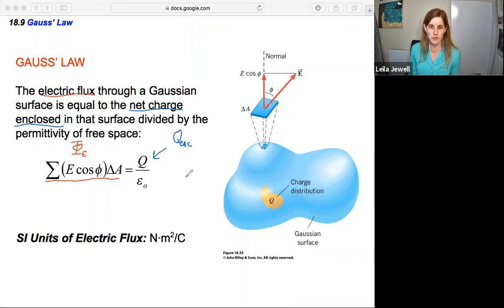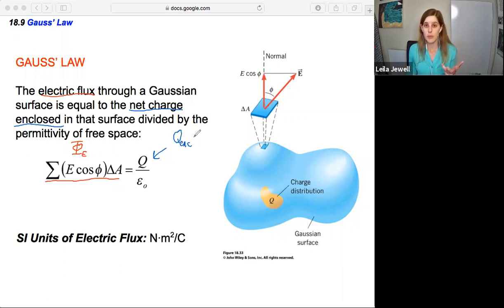What does that mean? Well, in some cases, we can draw our Gaussian surface, because the Gaussian surface is whatever we want to pick. We get to choose it, but there are some that are easier to work with than others. And that surface, in some cases, will just enclose all the charge. Cool. In other cases, it will enclose none of the charge. Also cool. And then there will be a few cases where it encloses part of the charge. And so with this, we're going to need to figure out how to describe how much of the charge is